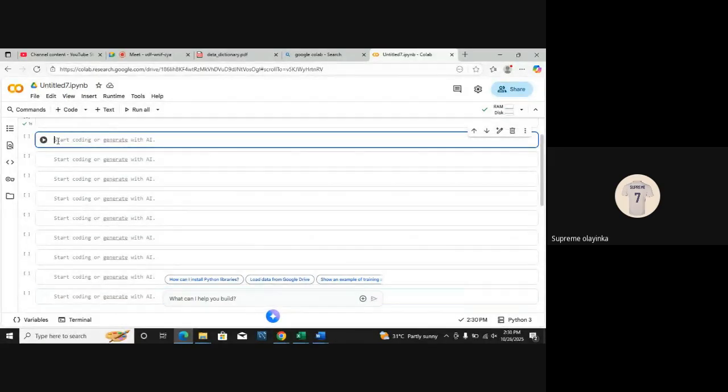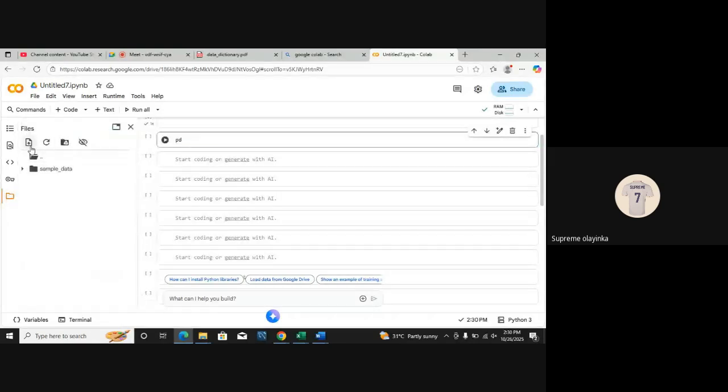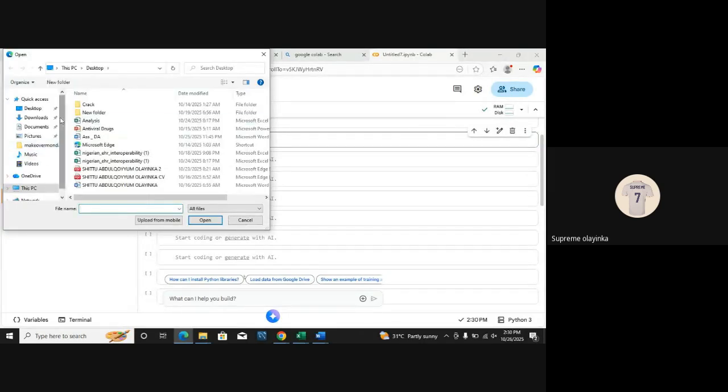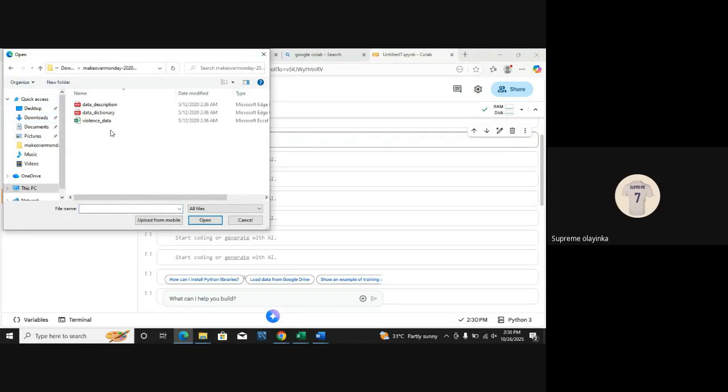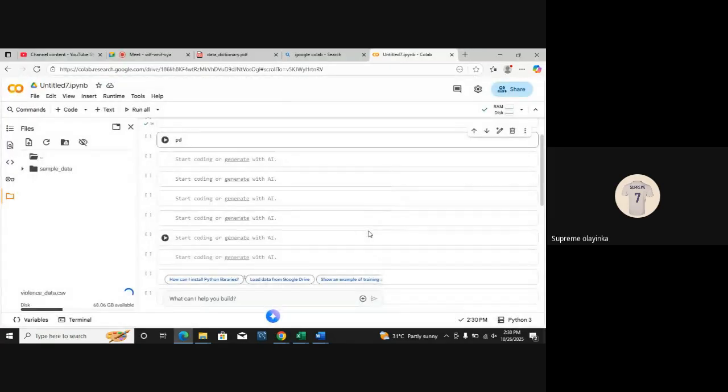So the next thing, let's import my file. Oh, sorry, before that one, let's go and import my file here. So it's under my downloads, right? Under this folder. I have to double click on this one once. So click on OK. And I can see it's on now.